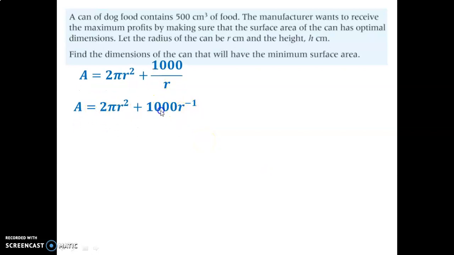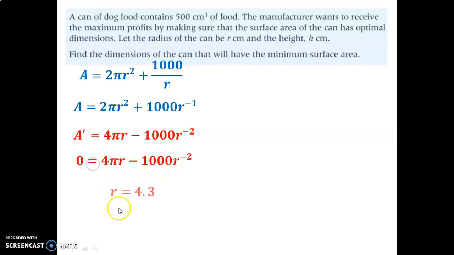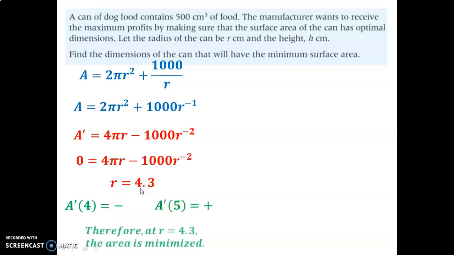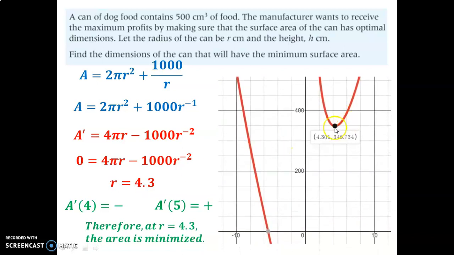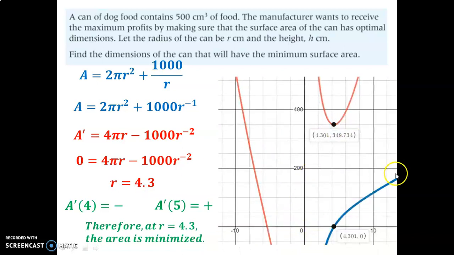Now take the derivative. Check your work. Now set the derivative equals 0. Now solve for r. You can graph this to solve for r and find the 0. There's the value for r. Now we're going to double check that that's the minimum. Check a value before and check a value after and see, oh, negative, positive, therefore this is a minimum. Great, now here's the graph, we can see it's a minimum, and here's the graph with the derivative, and you can see the